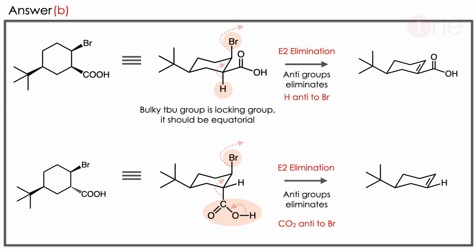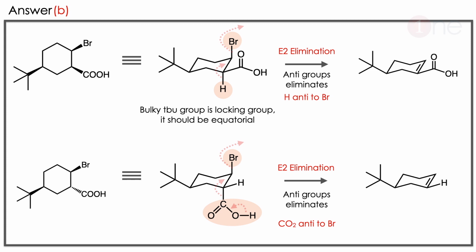The answer is B. Let us see why. The difficulty in the starting material is imagined from the cyclohexyl ring, hence we have to draw it as a chair form. So we have to draw the tertiary butyl group in the equatorial position. So we have to write syn Br and syn COOH. Here basically the elimination is E2 elimination. E2 elimination always favors the anti group.